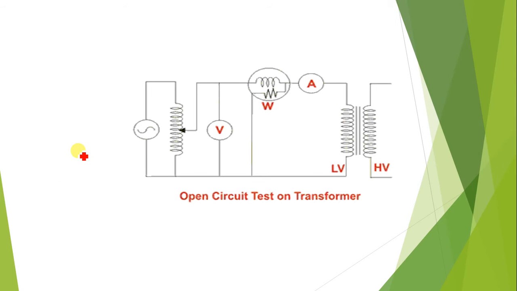Coming to the open circuit test, we require certain components: an auto transformer, which is used for adjusting the input voltage, a voltmeter that is connected between the two terminals of the primary, a wattmeter that is connected one in series, one in shunt, because it has two coils, one current coil A and one voltage coil V, and an ammeter that is connected along the line, on the low voltage side. Here the transformer we have chosen is a step up transformer. Input is low voltage, output is high voltage.